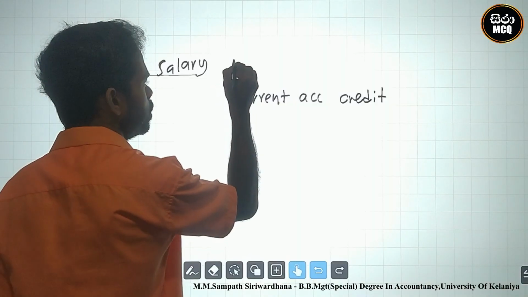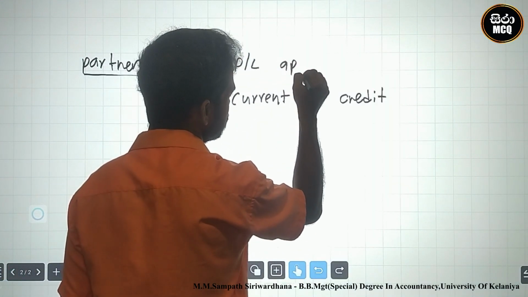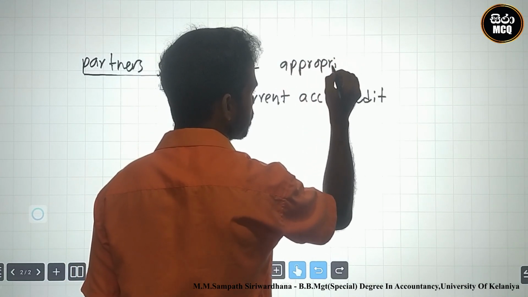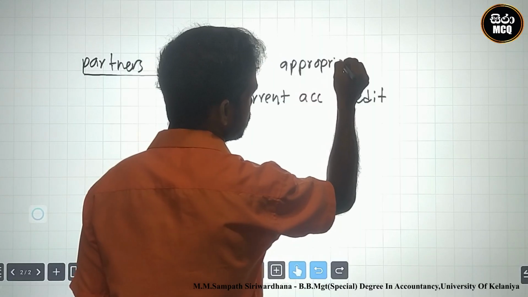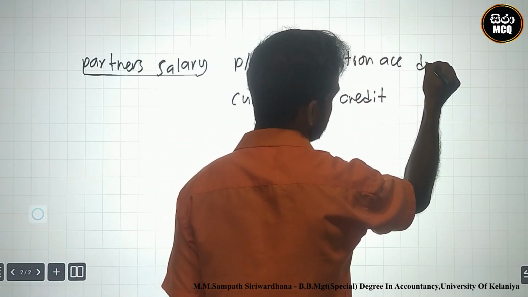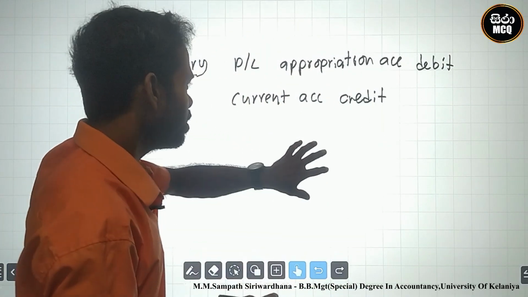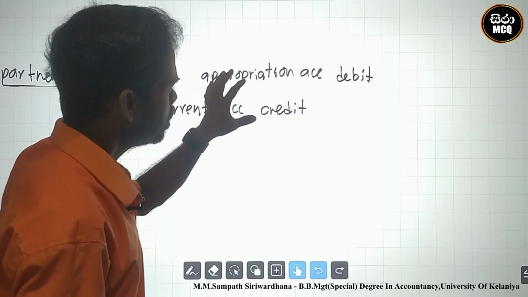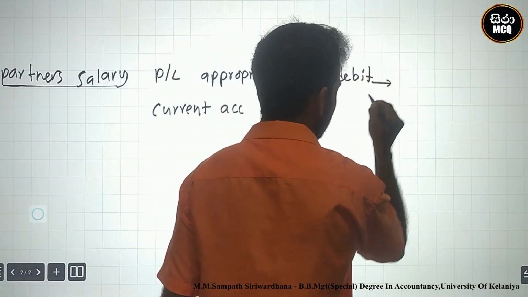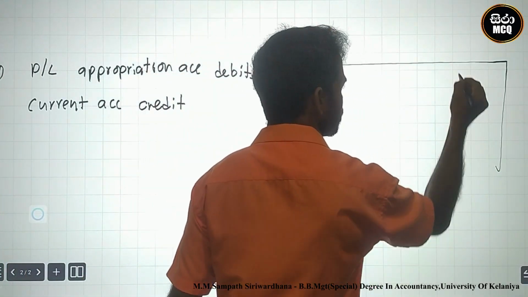And debit to profit or loss appropriation account. Appropriation account debit, current account credit. Okay, what is the profit or loss appropriation account debit location? Look here, at the preparation of the income statement,